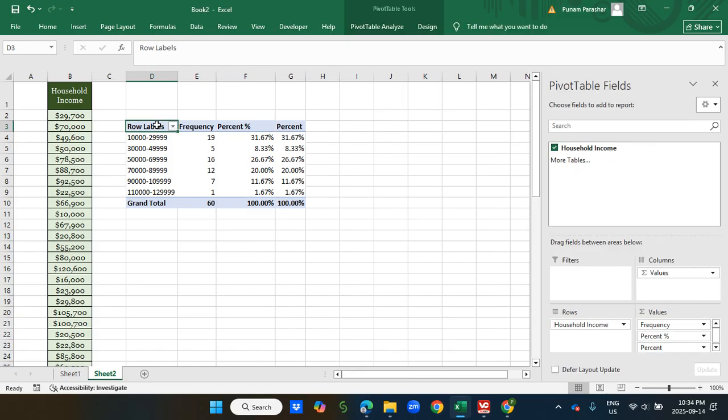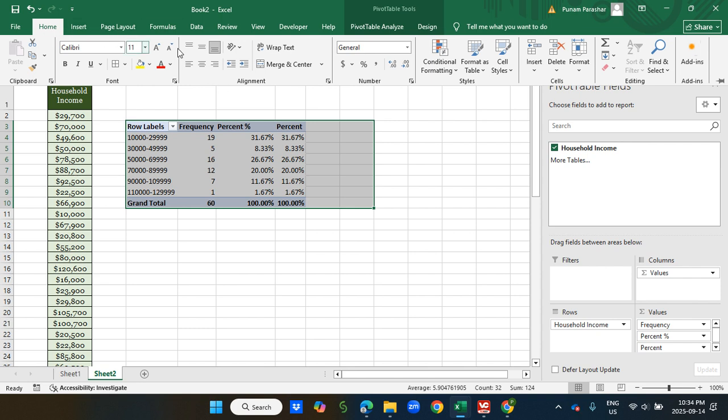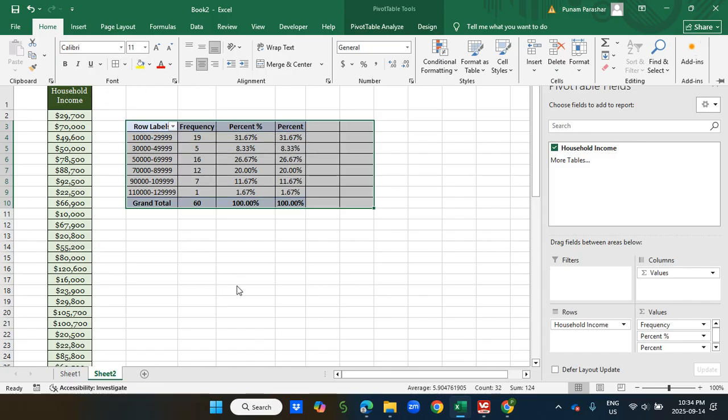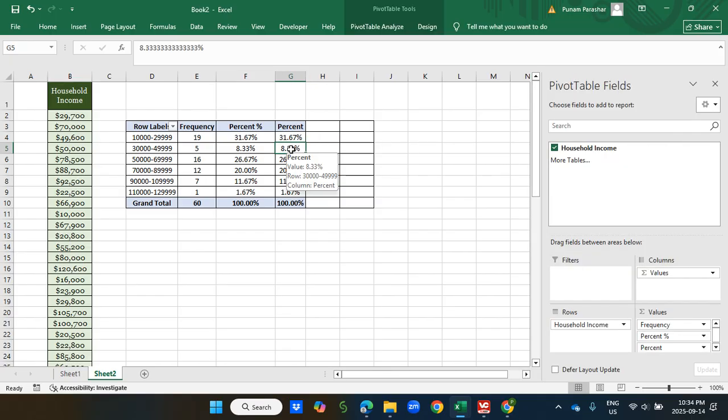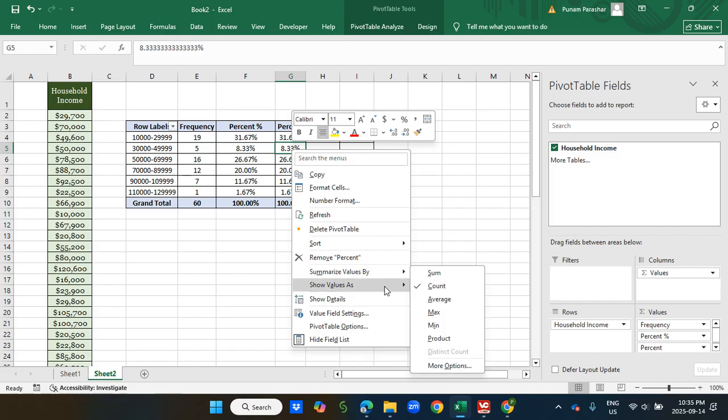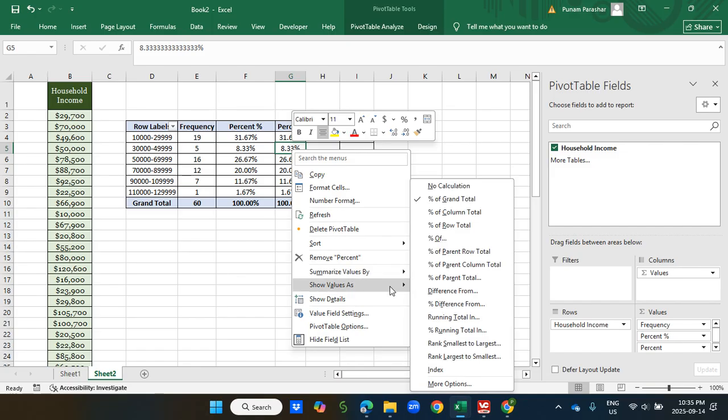Put everything again in the center by clicking on home and center. Everything should be in center, and if you want to put everything in border, click here. And now finally I want to do the cumulative frequency. So this is the frequency, this is the percent of frequency. Now this one I can change, you can see both are the same. One I'm going to change to cumulative, click on any cell, do the right click, again show values as,